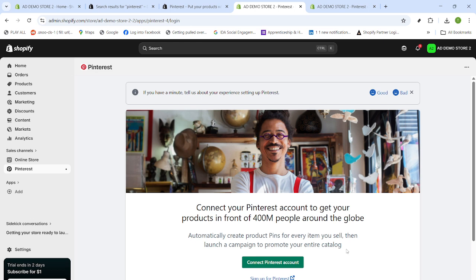That's it. You've installed the Pinterest app from the Shopify App Store, confirmed the permissions, connected your Pinterest account, and started the catalog sync. Give it a little time, then check